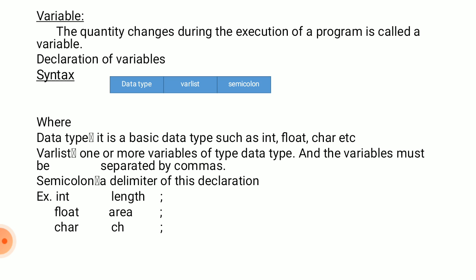When the length variable is declared, memory is allocated for that variable. Integer provides 2 bytes of memory, meaning length can be stored in only 2 bytes of memory, whereas area is a floating type of data. Floating point data provides 4 bytes of memory. Similarly, ch is a character type of data which provides only 1